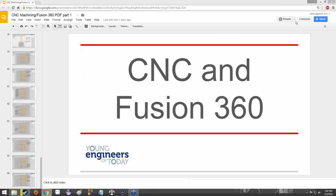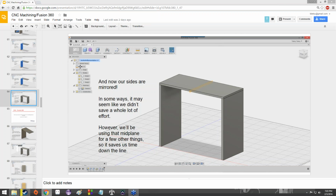Yeah, here we go. This is the monster master copy. So yeah, this is where we left off. We had our two side walls. We had the top. There was the mid plane there, and then